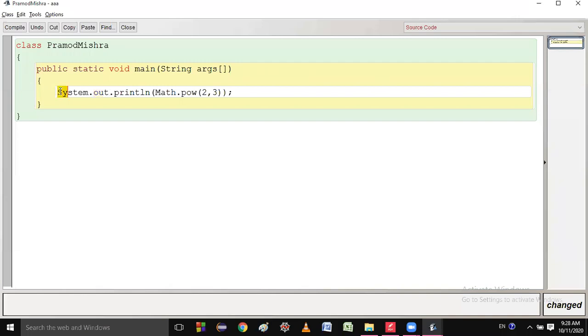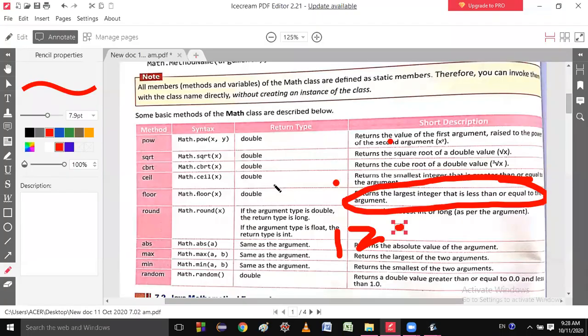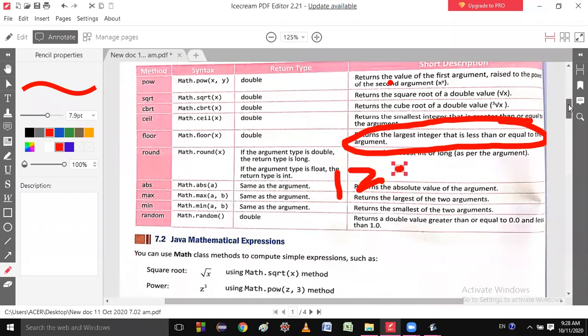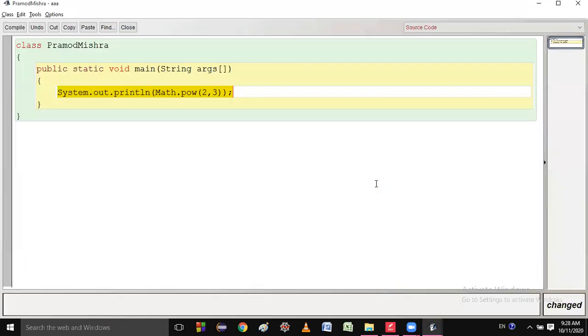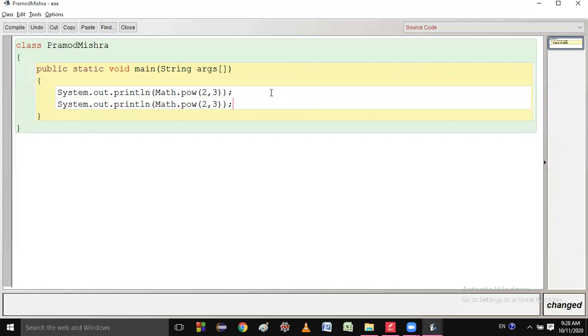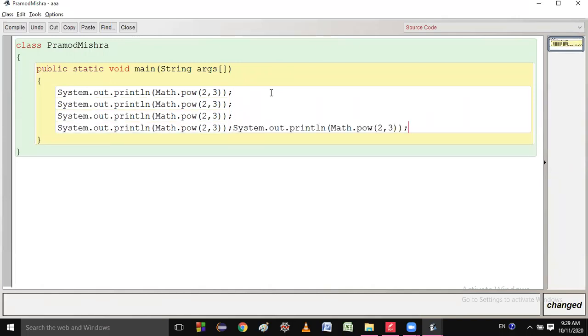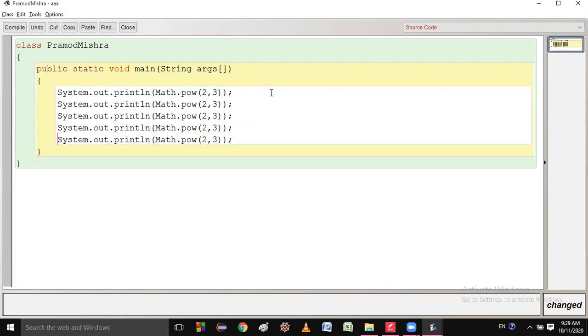It will save our time. Why didn't I explain with this PDF? Because, students, if I explain this theory and again write it in the program, it will consume our time. So it is better to explain practically, immediately. Yes, sir. Control C, Control V. Let me paste many times, and after that I will explain.